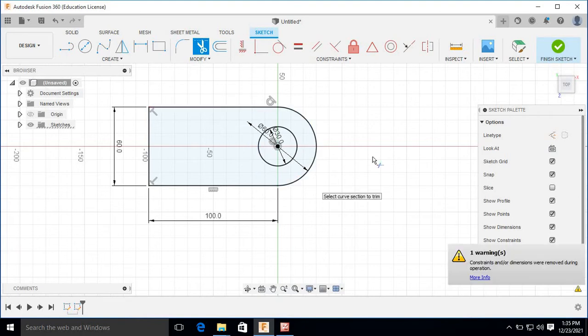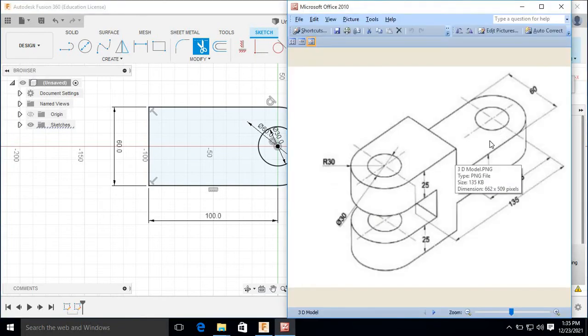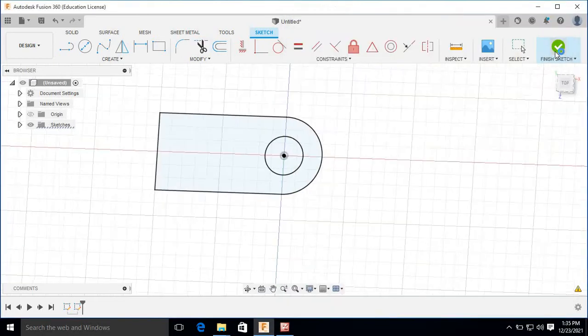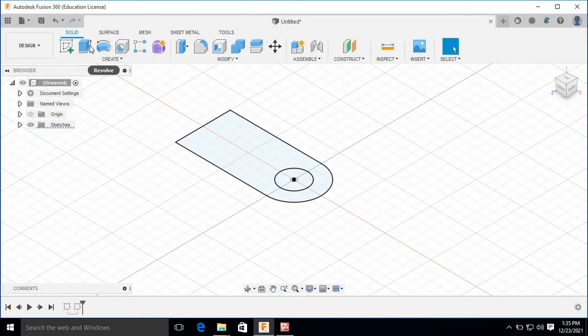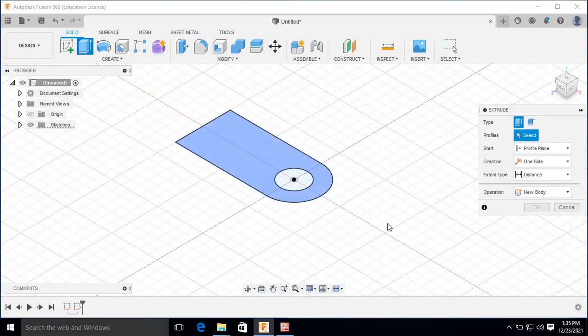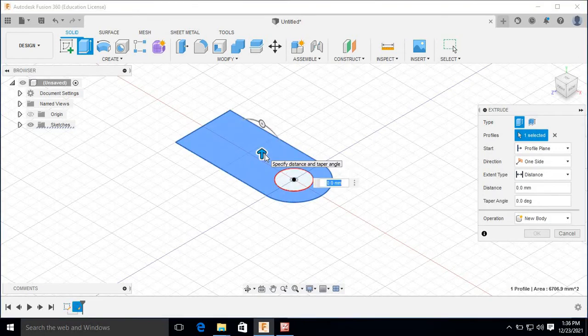Now the profile for this sketch is completed. Now finish sketch and use the extrude command. Now here we have to select the profile which we want to extrude.